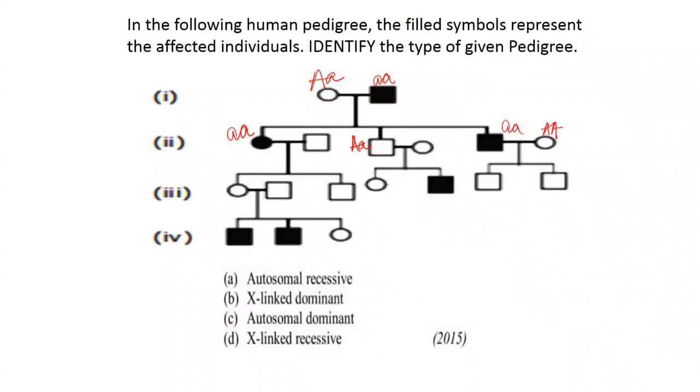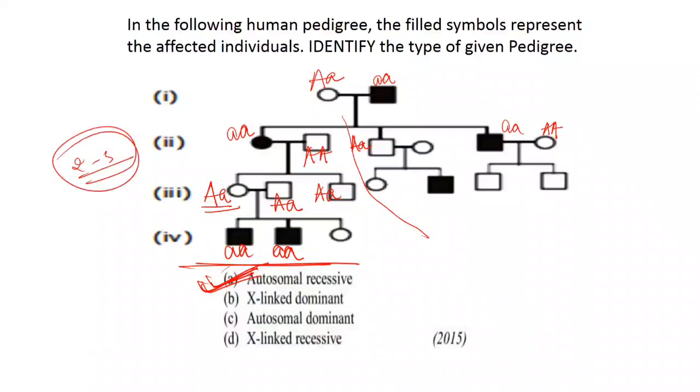Let's skip this part because it is not important right now. So from this, obviously the offspring are capital A, small a and capital A, small a. From here, the father is capital A, small a, and both the sons are small a, small a. So from here also we come to know that option A is correct. This is an autosomal recessive condition. From just simple 2-3 steps, we come to know that yes, option A is correct.